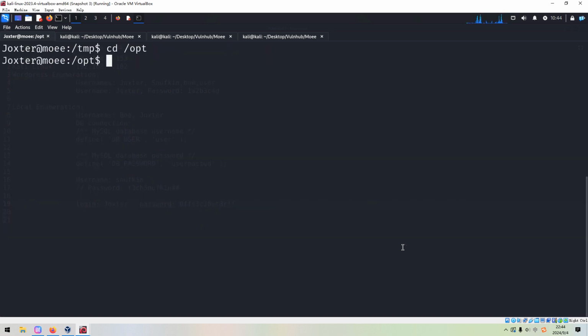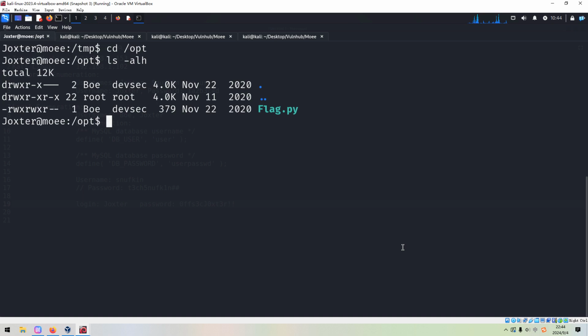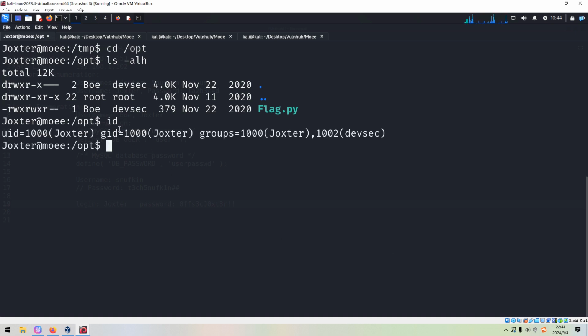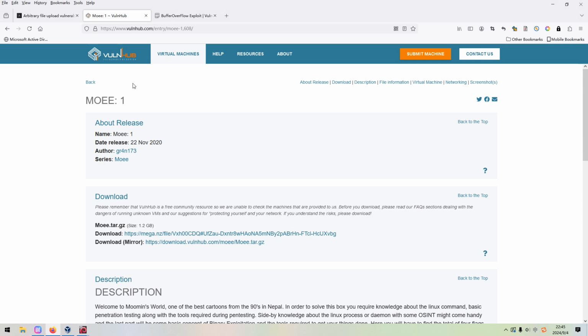We can go to OPT, and as you can see, of course the current user doesn't have permission to manipulate it. However, this current user also belongs to the group DevSec, and this group has permission to modify. So what we are going to do next, I think we can append the reverse shell command to this Python script.